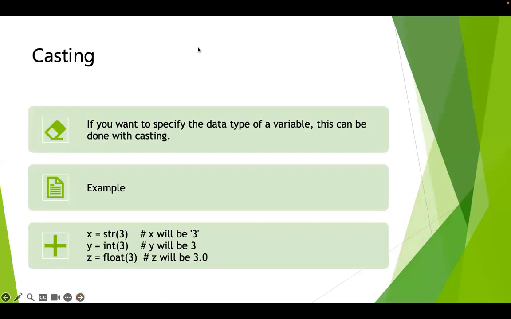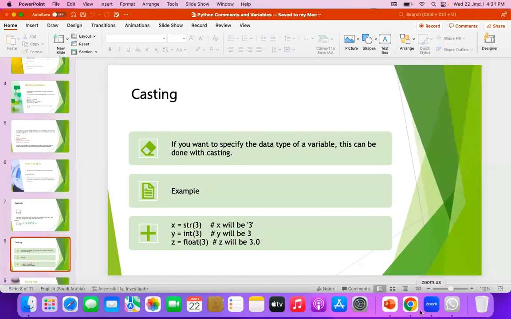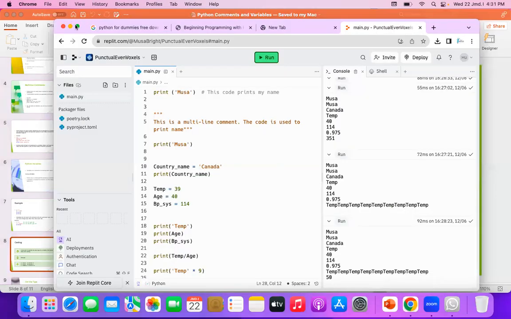Now let's move on to the next one. If you want to specify the data type of a variable, there's something we call data type. Let me mention that quickly before we go to casting. We have many data types.